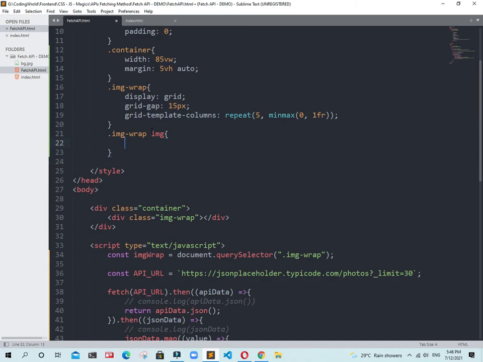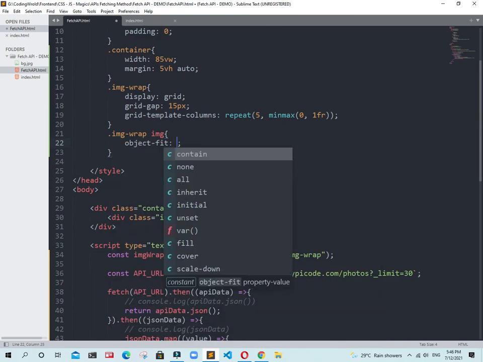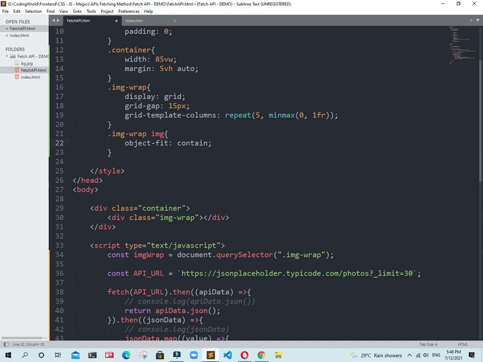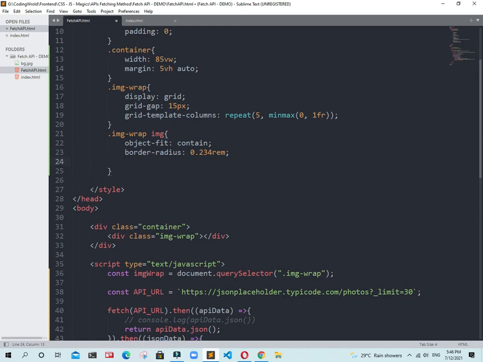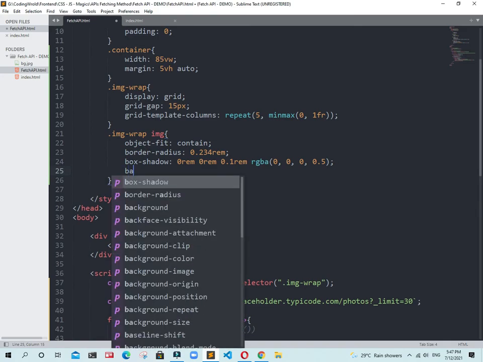I am just adding object-fit contain, and border-radius will be 0.234rem. Then add the box-shadow: 0rem, 0rem, and 0.1rem, just a little bit, and it's going to be 0.5.